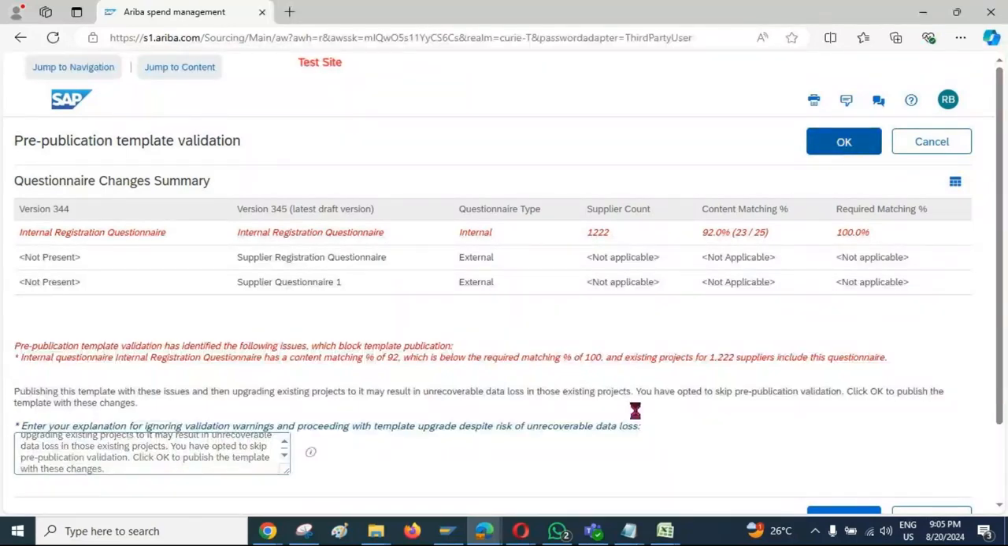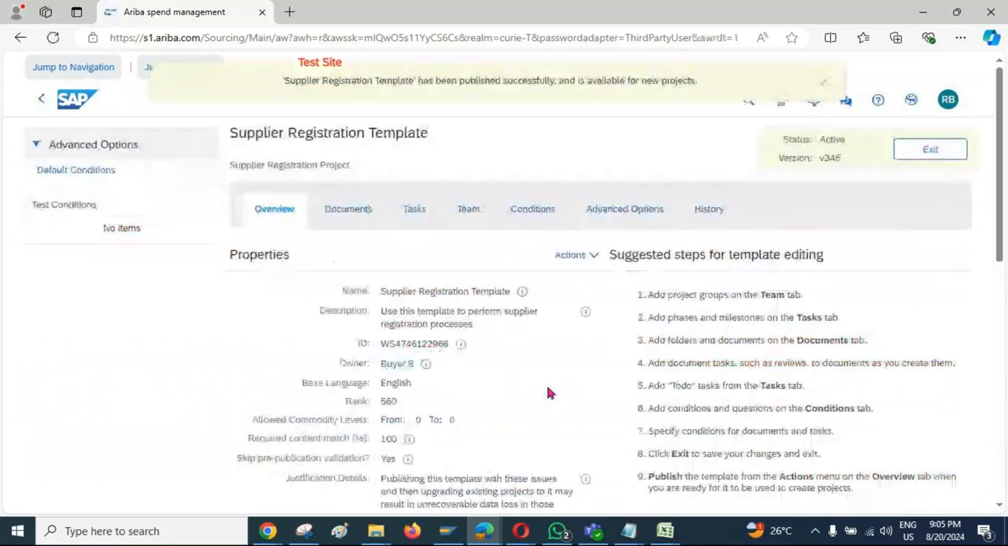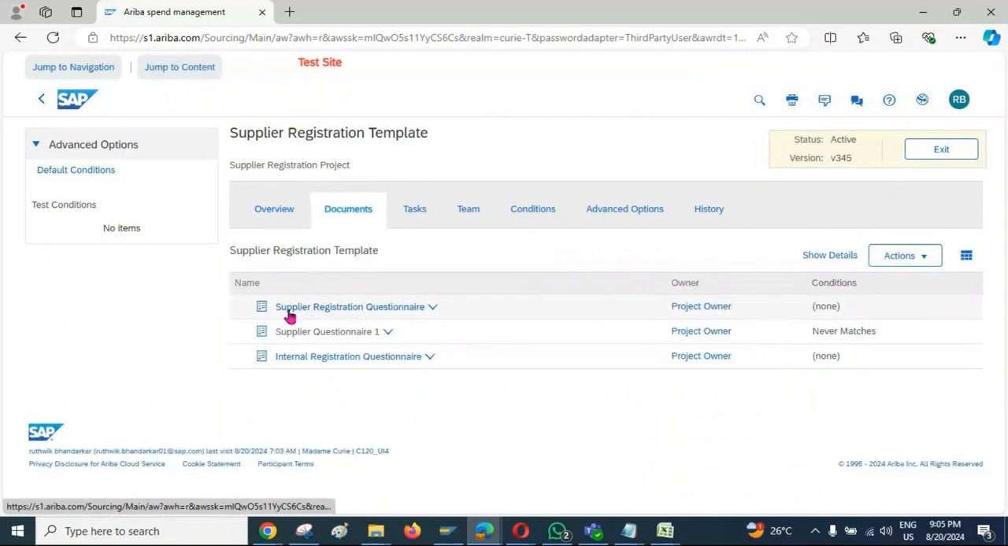If you see, the previous version of the template is now activated. You can see the current version is 345, status active. If you go to the documents tab, we can see our questionnaire is available here. Okay, so these are the real time